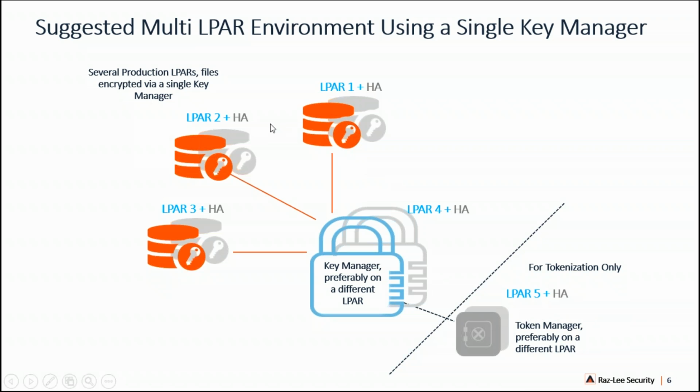Actually, every part can be on any part. It is sufficient to have a single LPAR which will have the keys and will have the token manager on it. That's okay. But the idea with the tokenization is that in the data itself,